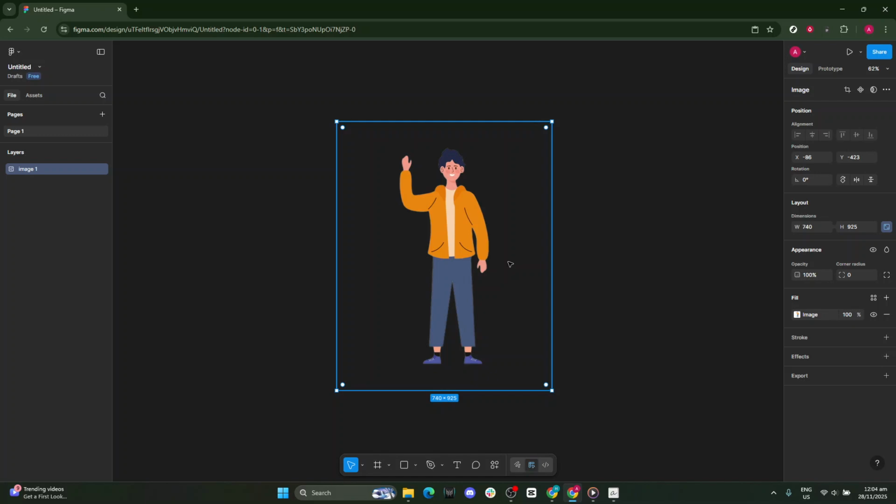Make sure your image is clearly selected before right-clicking. Confirm you're clicking the plugins menu in the context menu. And remember, you can always undo if you want to try again. That's it. Simple, fast, and efficient. You've just removed a background using the Icons 8 Background Remover plugin without leaving your editing